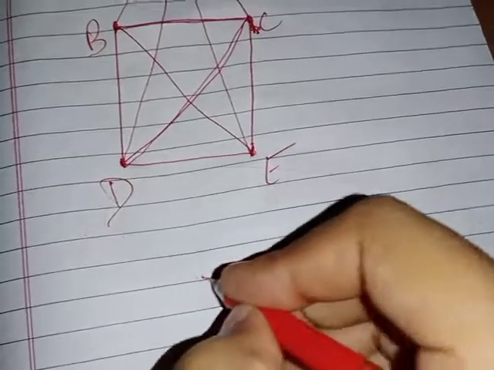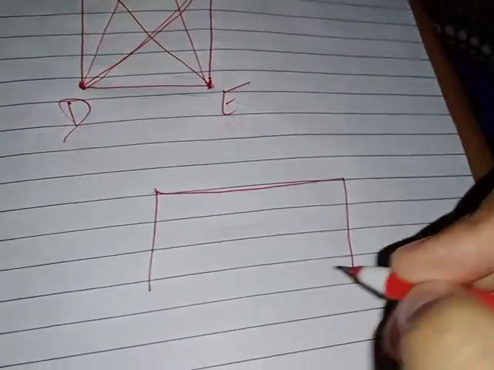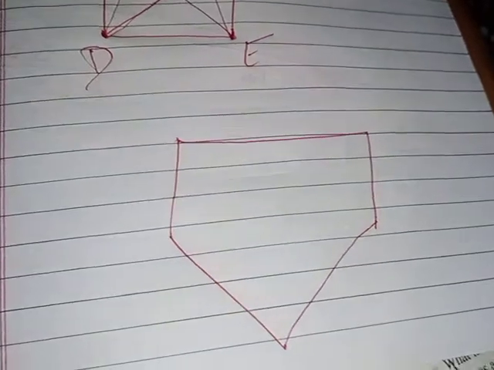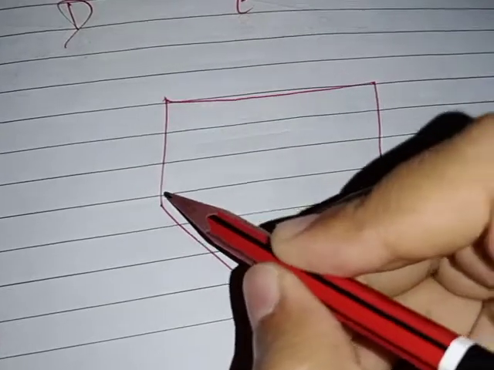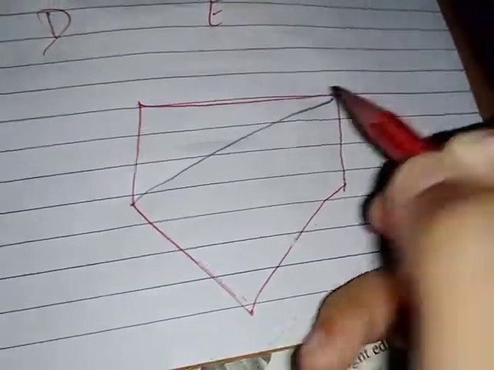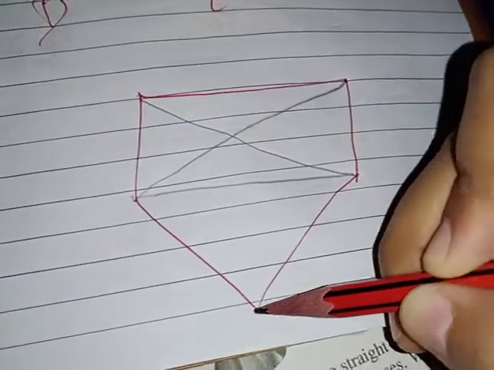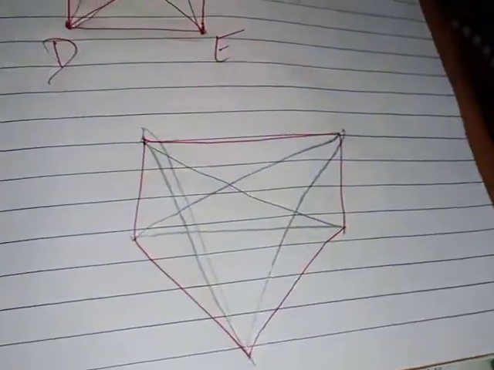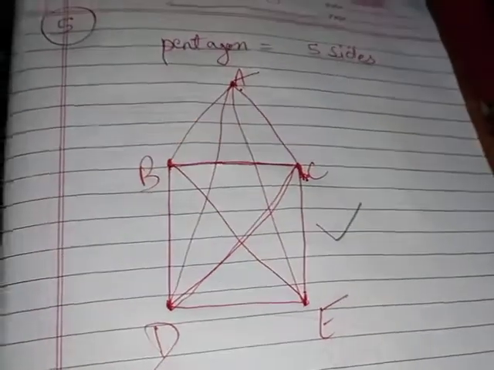This is one. You can do it like this also. One side, second one, third one. Then fourth one, fifth one. Okay. This can also be known as a pentagon. Now how to make its diagonals? We can join the lines like this. First diagonal, then second diagonal, then third diagonal, then fourth diagonal, fifth diagonal. I hope it is clear now. So this also or this also, any one you can make. This is how we draw a pentagon and the diagonals of that pentagon.